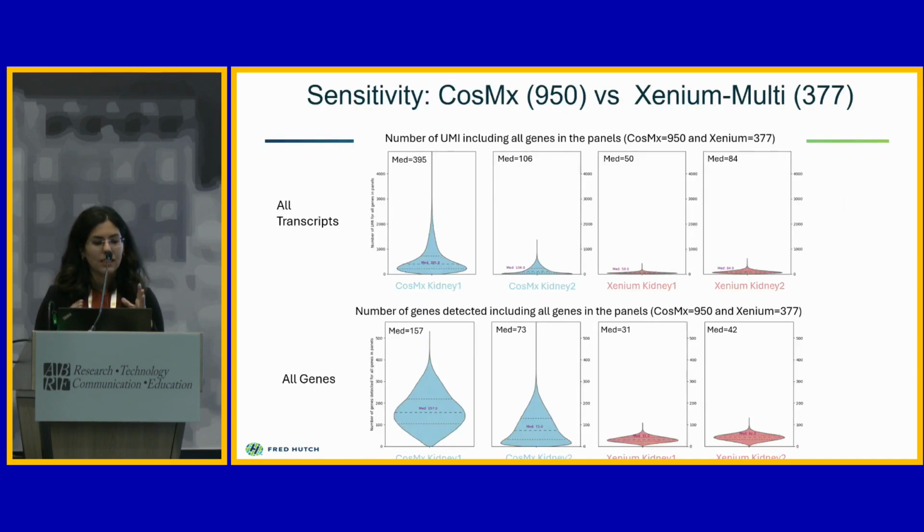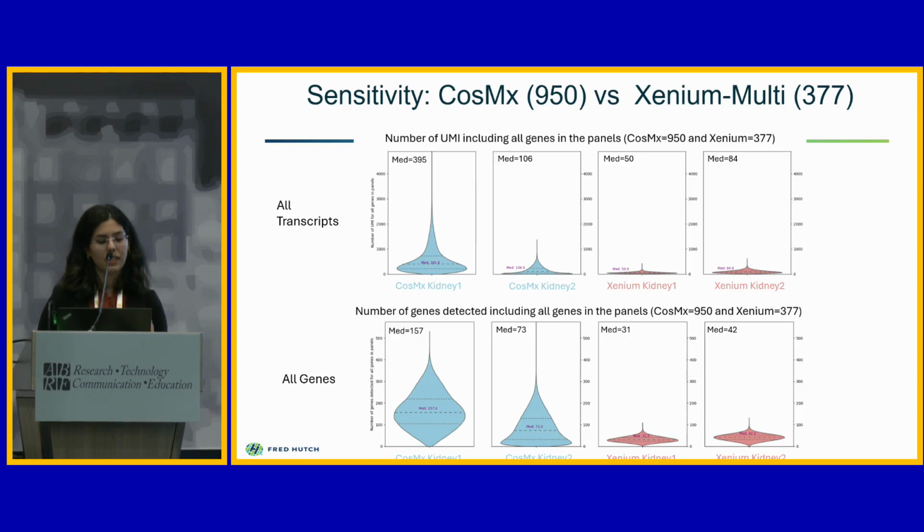So starting at the sensitivity, you can see that looking at the number of UMIs and number of genes, we definitely see much more UMIs and genes in the CosMx compared to the Xenium. However, we have to keep in mind for the CosMx, we are looking at 950 genes, but for the Xenium, we are only looking at 377 genes. So it kind of makes sense to get more transcripts in CosMx, but I also want to bring your attention